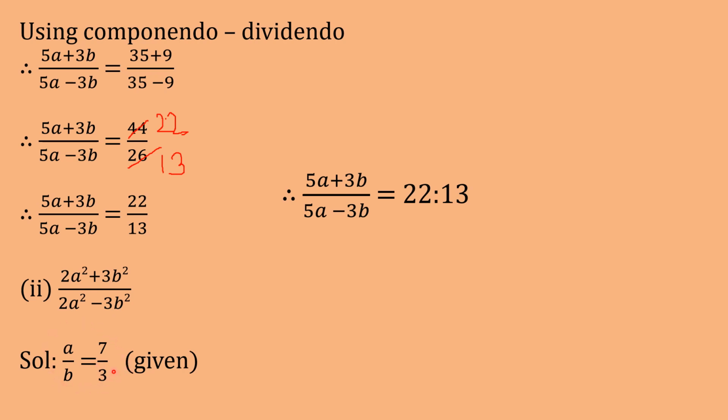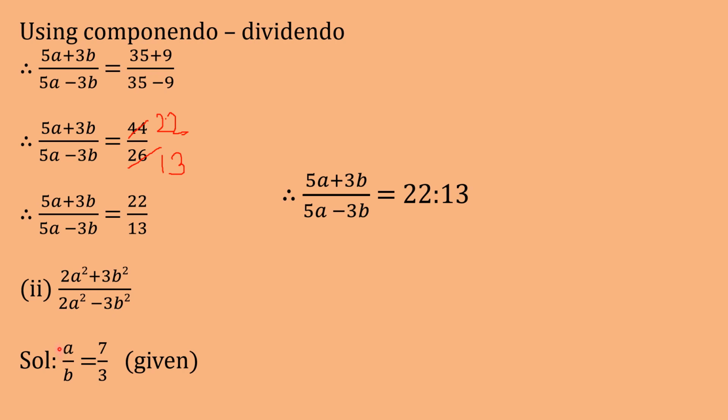Okay, now on this we will apply what is given. We will use our given part and find out this value. Students, now you can see that a has coefficient 2 and b has coefficient 3, but before multiplying we will do squaring. First we have to apply squaring because it is a square and b square. If you multiply the coefficient and then do the square, then the coefficient also gets squared.